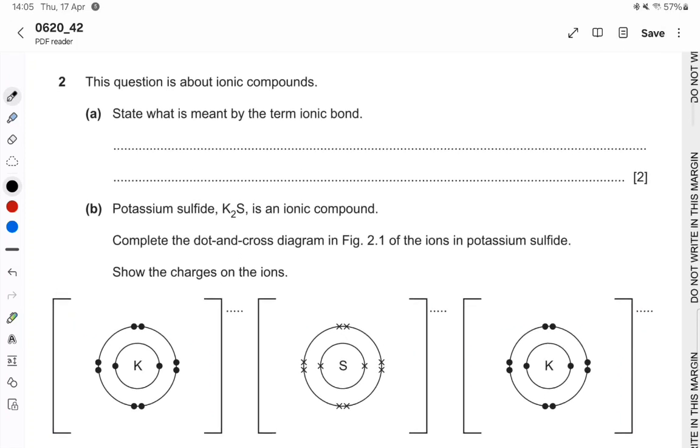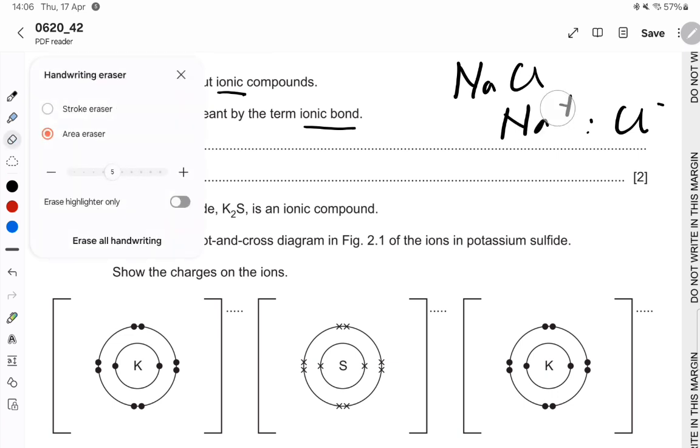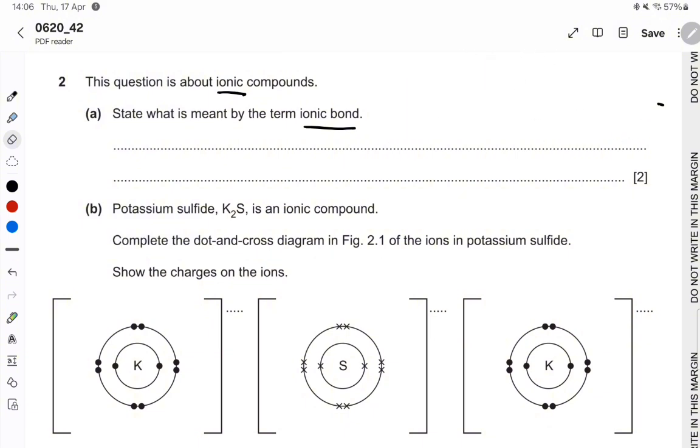Now, we go on to number 2. This question is about ionic compounds. State what is meant by the term ionic bond. For example, sodium chloride, it's sodium ions and chloride ions. So how do you get your full marks? You must state, try and use the word strong, I like to use the term strong